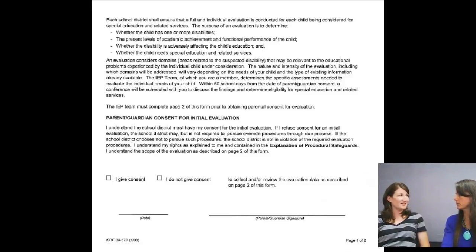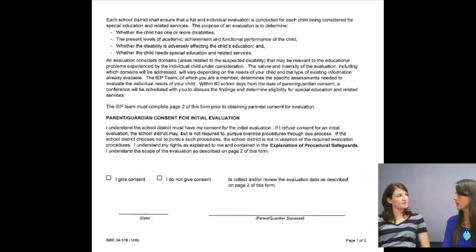Okay, and do I need to sign consent at the meeting, or do I have time to think about it? You do have time to think about it. The process might move along a little bit faster if you sign it right there. However, if you want to take it home and talk to your family about what's on there, what's going to be done, that's very okay, and I would encourage that if you have any questions at all, or if you have somebody who can't be there, to look at the paperwork. So then you would bring that in. Whenever it gets signed is when we actually start our process.